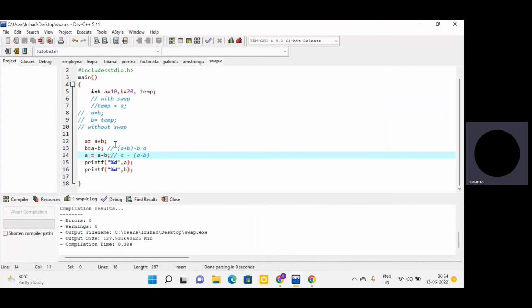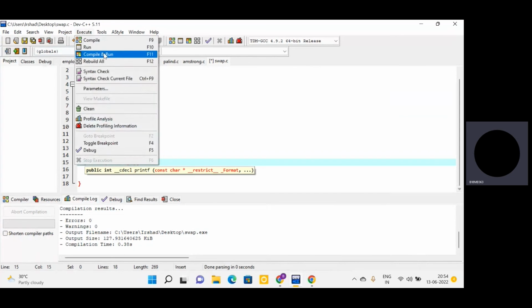See guys, it has performed perfectly. So before swap, 10 and 20 were present, but after swap, 20 and 10 are present. And remember